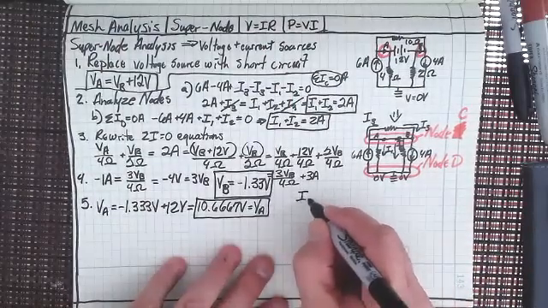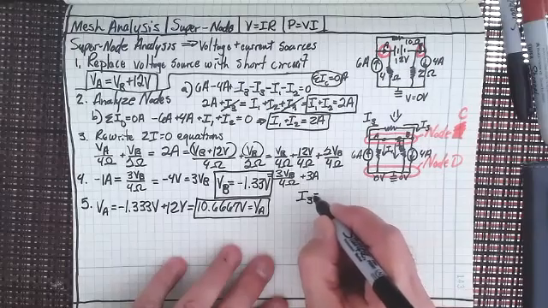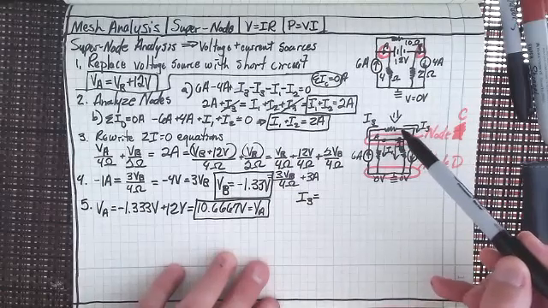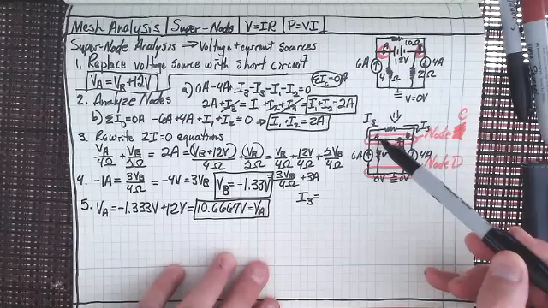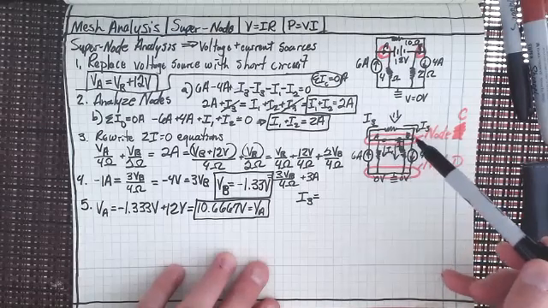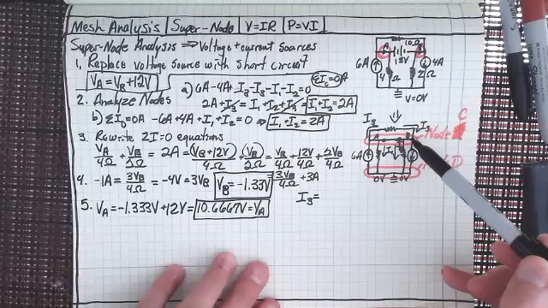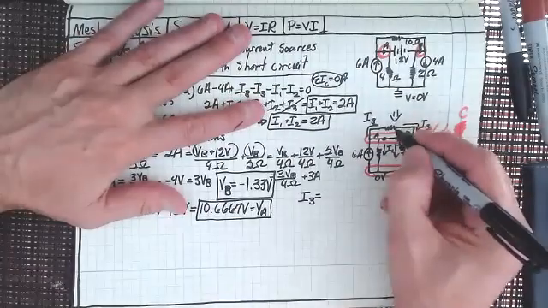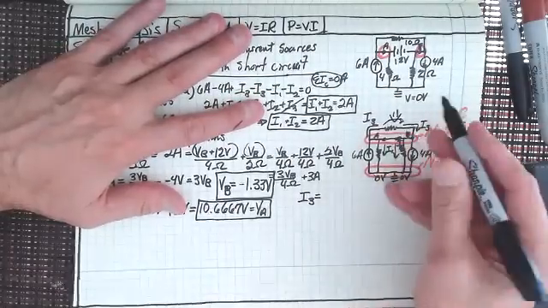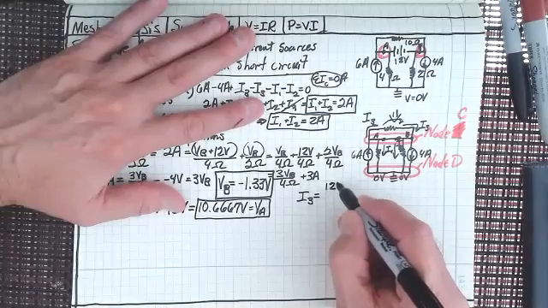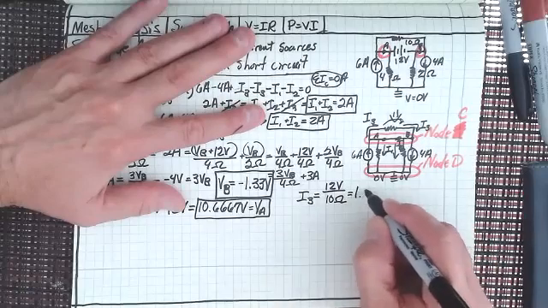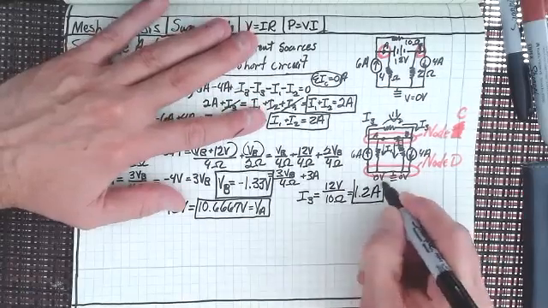So I3, right? When we look at I3 here, we're going through the 10 ohm resistor, and we're going from 10.67 volts to minus 1.33 volts. And of course, that's going to be 12 volts, right? So we've got 12 volts. That's delta V going across that resistor. Delta V is going to be 12 volts. The resistor is 10 ohms, right? So I have 1.2 amps flowing through there,